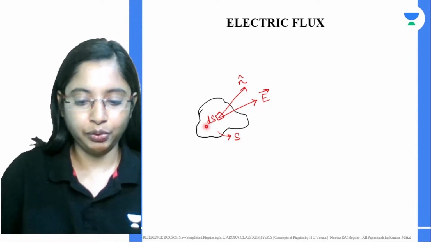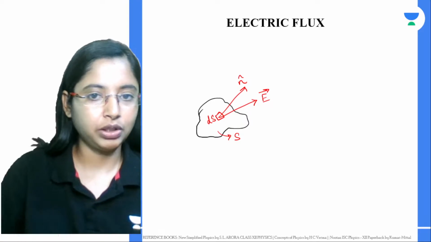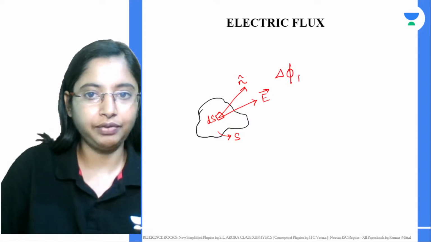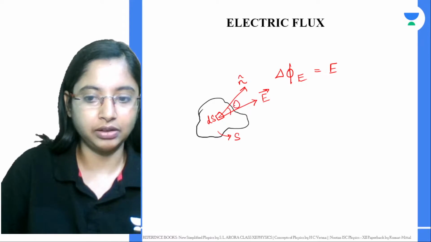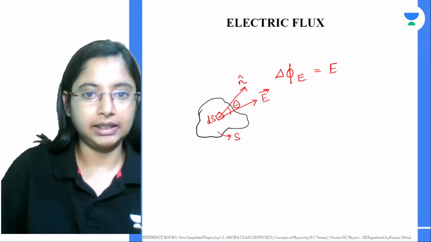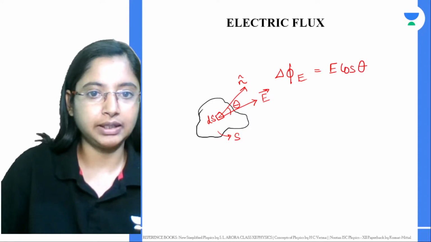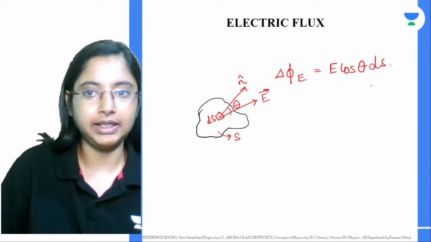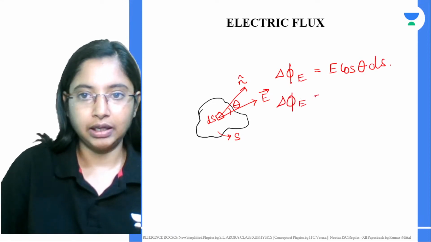Now if you know this, you can find delta phi E. Delta phi E is how many electric field lines are going through this area, which makes an angle theta, through this delta S into cos theta. This area is ds. So delta phi E will basically be E cos